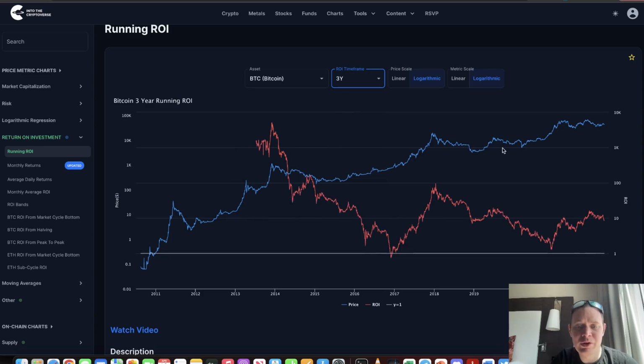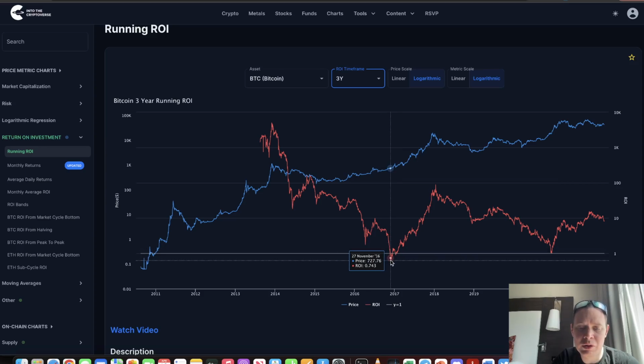The last 2 charts I want to quickly touch on. We have the 3-year ROI, which has hardly ever gone below 1. You can see the only time it went really below 1 was back in November of 2016 and January of 2017. And then we also bounced off of 1 here in December of 2020. So perhaps this is another useful indicator to show that a 3-year time horizon with Bitcoin historically, in the worst case scenario, has been break even on your investment, but it tends to be a lot higher than that. And right now we're hovering around 8 or just below 10x.